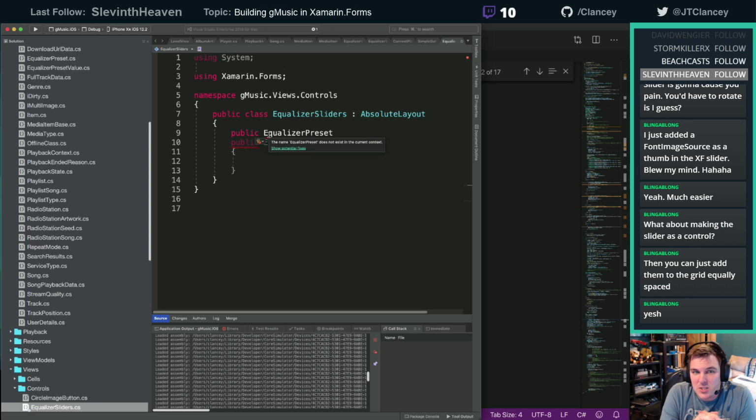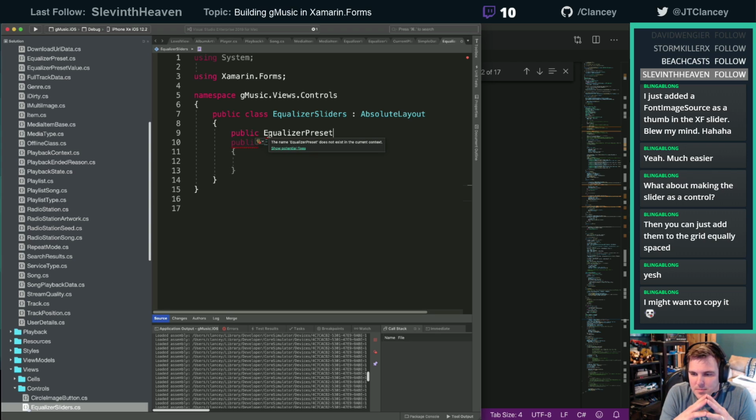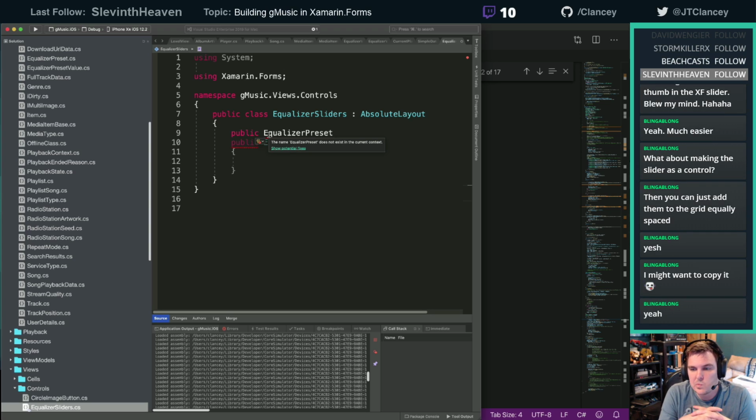Because not doing it as a control, it's super easy to say, yeah, do the layout. So, if you were to copy it, are you more interested in that as a control, the sliders as a user control, or as just this whole thing as one control? The sliders then? Is that what you're saying? Or the whole thing as a control?